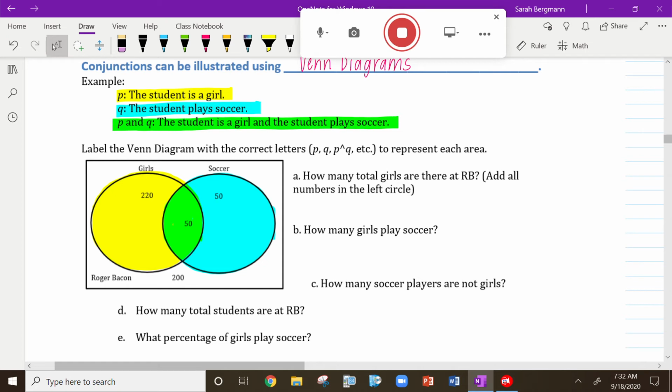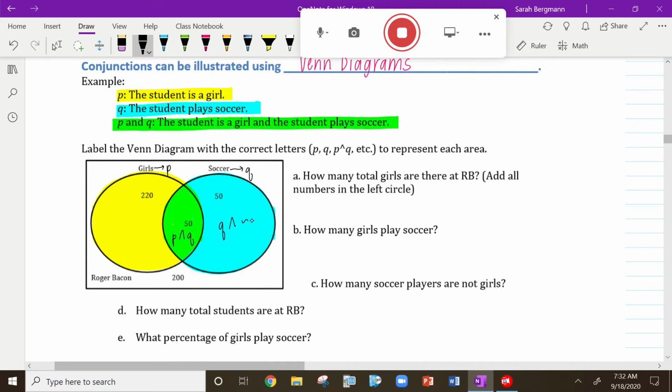to represent each area. So the girls, it says the student is a girl. This circle represents statement P. The student plays soccer represents statement Q. The overlapping area represents P and Q. The area that is only blue over here, where they play soccer but they're not a girl, would be Q